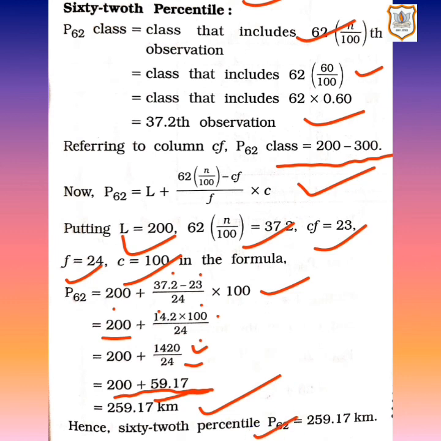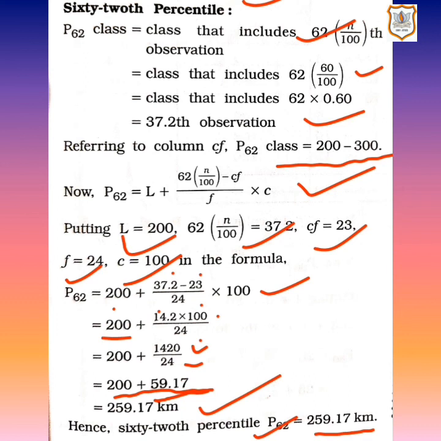So your P62 is 259.17 kilometer. And the interpretation for P62 is, as P62 is 259.17 kilometer, hence traveling in 62% days will be less than or equal to 259.17 kilometer, means the maximum traveling will be